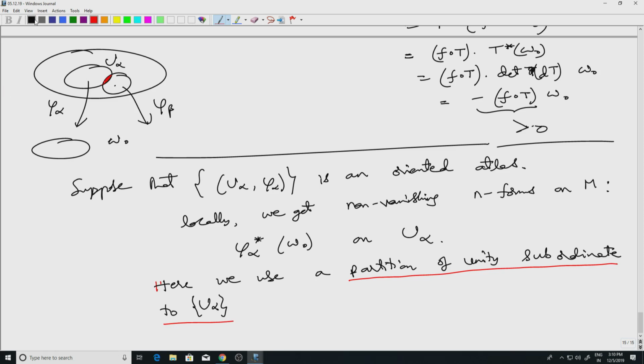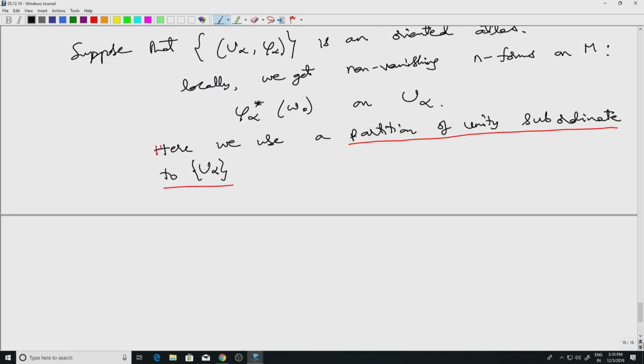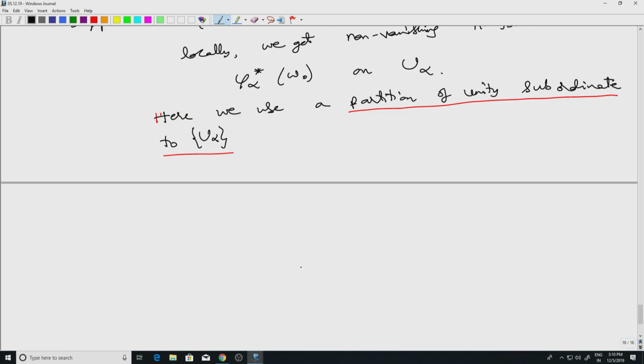Now let me briefly say what this is. I won't go into the construction of this. This is a collection of C infinity functions on M, which I denote by rho alpha, with the same index set as the cover, such that